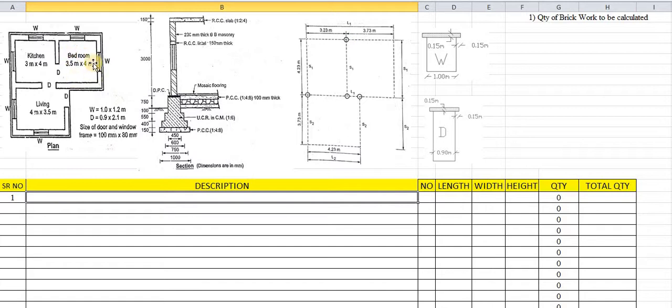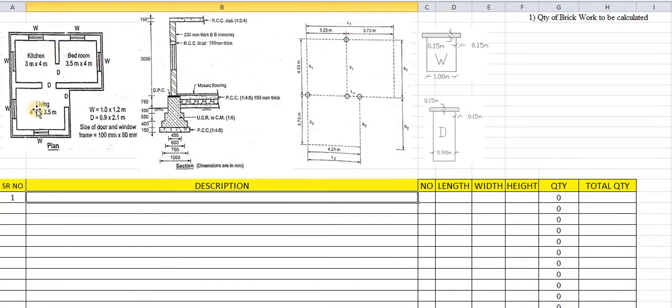What about this bedroom? It is 3.5, center of this wall up to the center of this wall, that means 3.5 plus 0.23, that is 3.73. Again we have calculated along the length direction. Along the width direction, the kitchen room is given as 4 meters width. So 4 plus half of the width of the wall here and half of the width of the wall here is 4.23. This line is the same, so 4.23, 4.23 and 4.23 for these 3 cases.